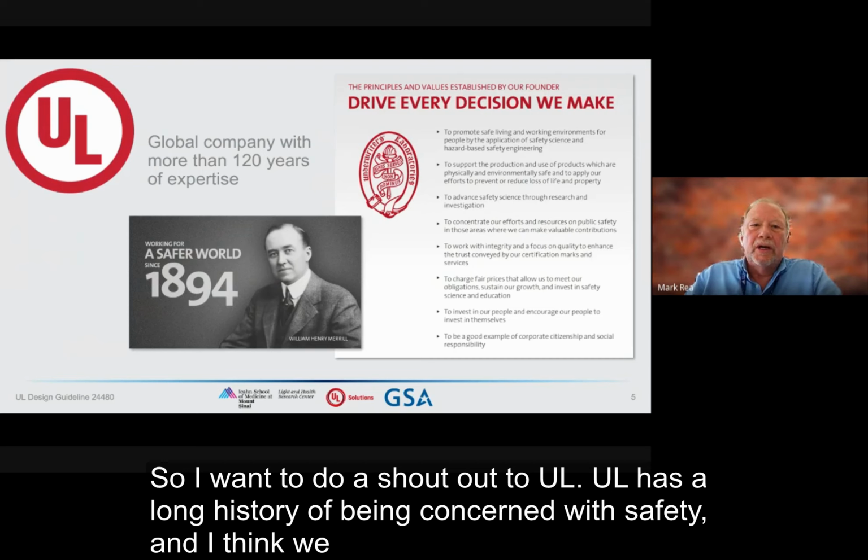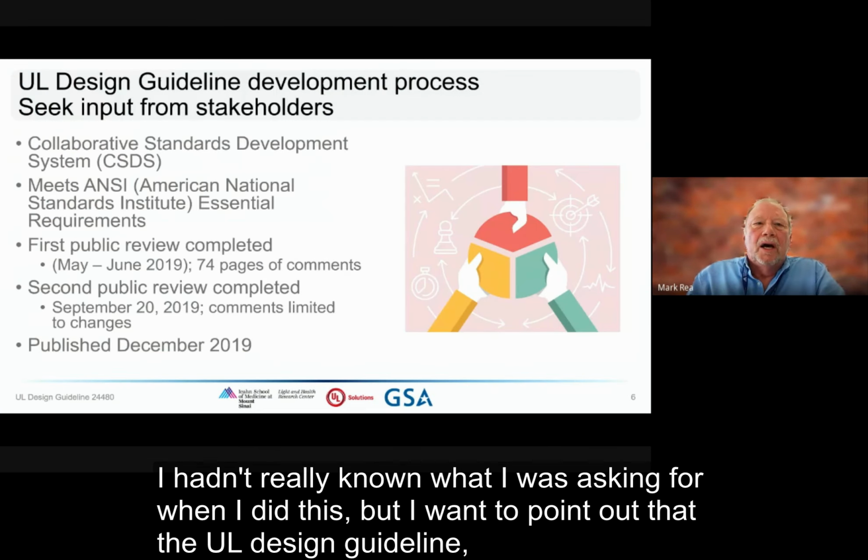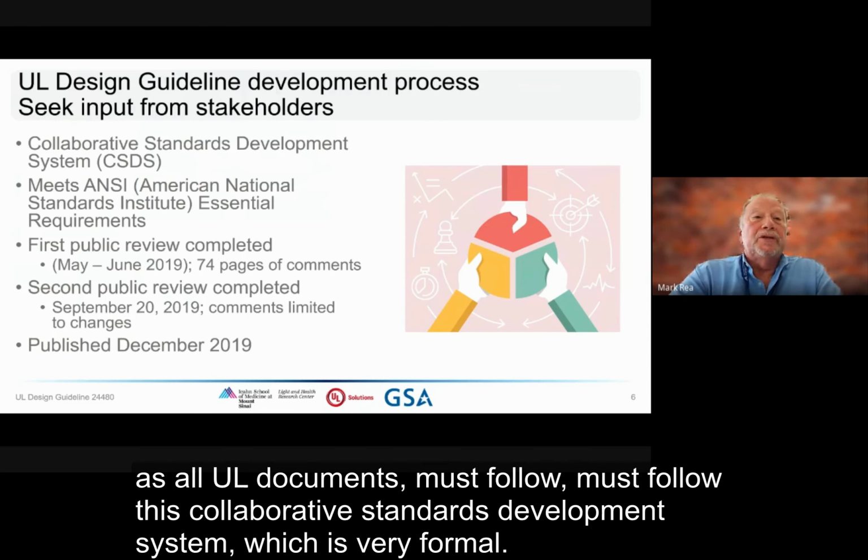So I want to do a shout out to UL. UL has a long history of being concerned with safety, and I think we all recognize the UL logo. We approached UL back in 2018 and asked them to help us develop a design guideline. I hadn't really known what I was asking for when I did this, but I want to point out that the UL design guideline, as all UL documents, must follow